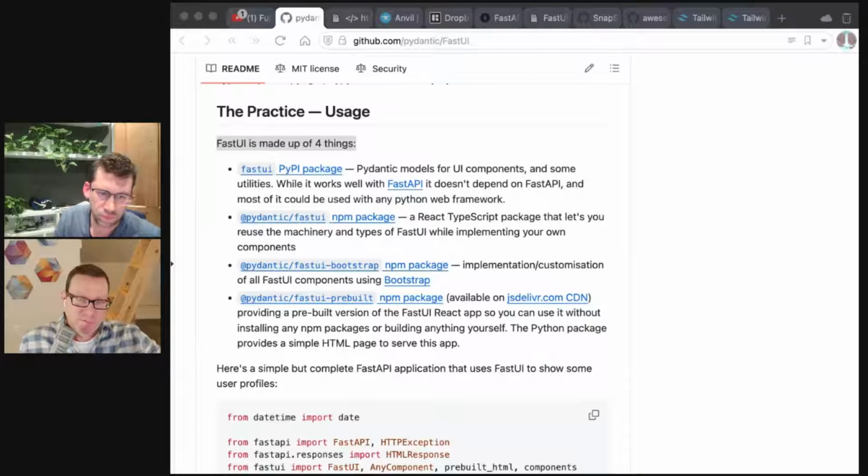So the first point is these different components sound like they are potentially a little mix and match. You could take it all as one big thing, or you could say, really like the way it defines the React front end, but we're going to implement it some other endpoint.